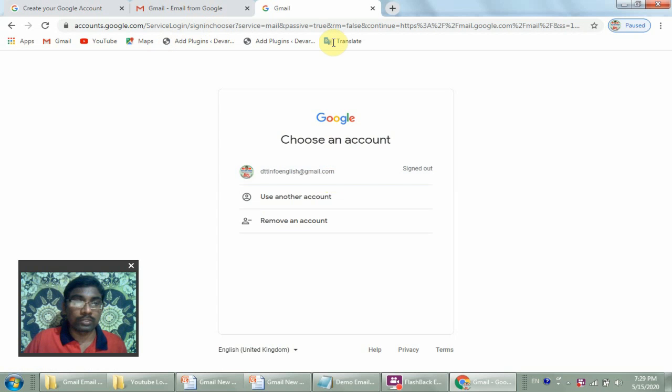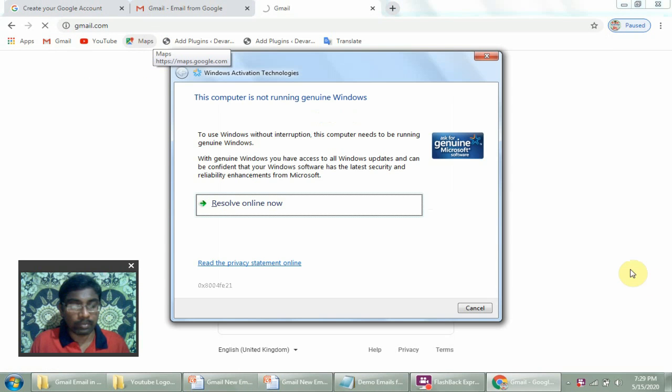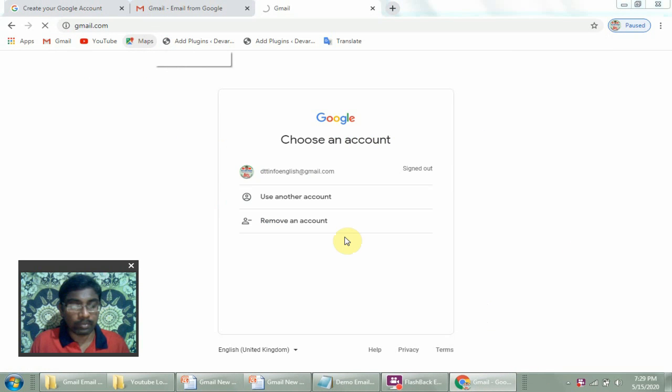Here you can see your Gmail option. Otherwise you can type www.gmail.com. Okay friends, after entering the Gmail home page, you can see the sign in button or login button.